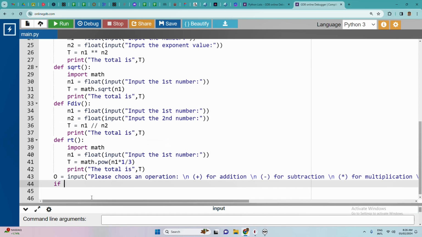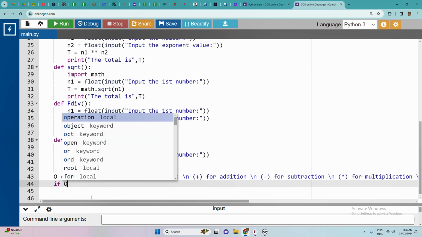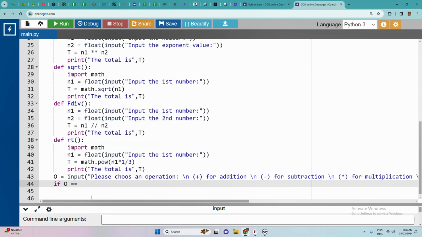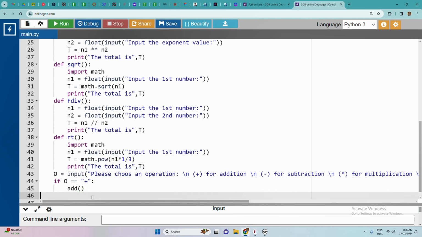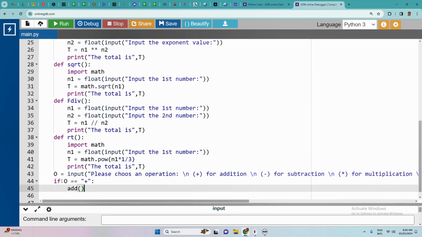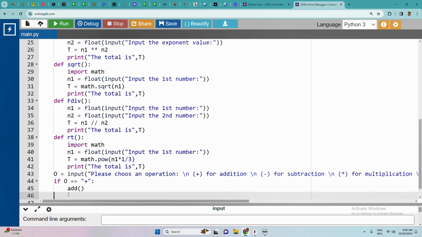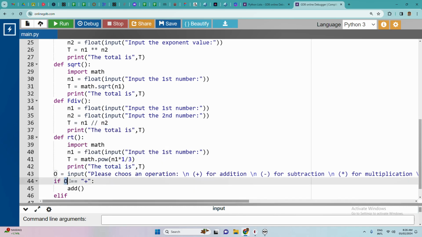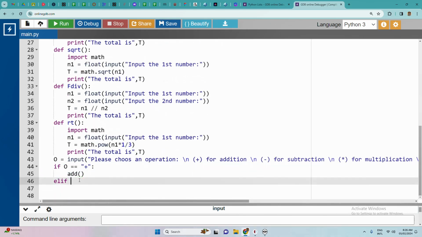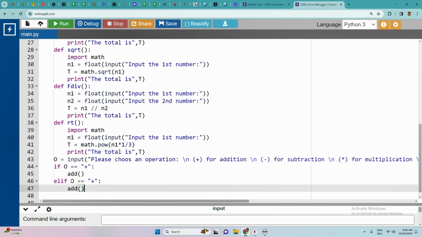So if the user inserted inside the operation a value equal to plus, then call the addition. Else if, when you press enter, else if or elif. Then mention another condition and keep doing it up to the end. So again, elif,